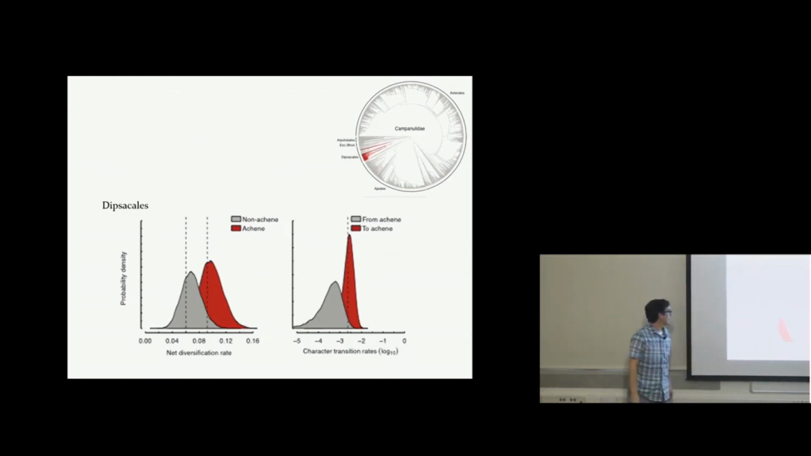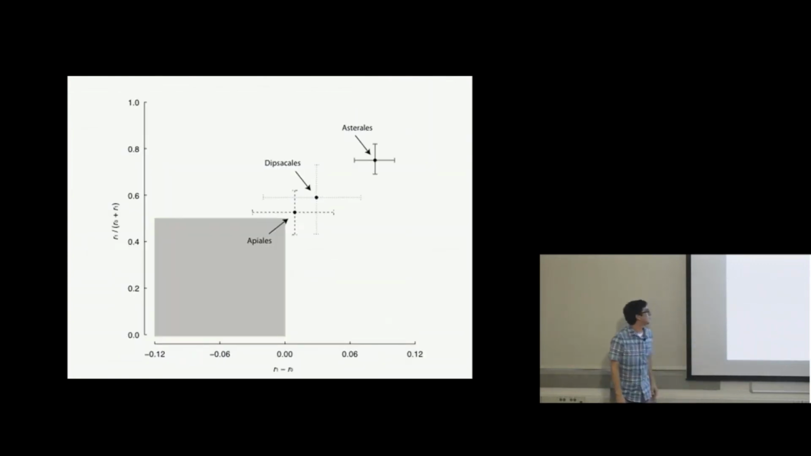And finally, within the Dipsacales, we see the same pattern that we see in the Apiales, that there isn't really much difference between whether or not you're achene or non-achene in terms of the diversification and transition dynamics. And if we just plot the diversification rate, it clearly shows that there's something interesting going on in Asterales. That's Asterales, the achene fruit in Asterales is doing something very different than the rest of the clades that have